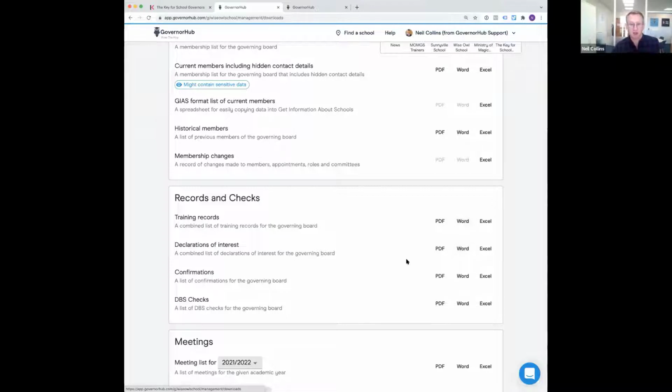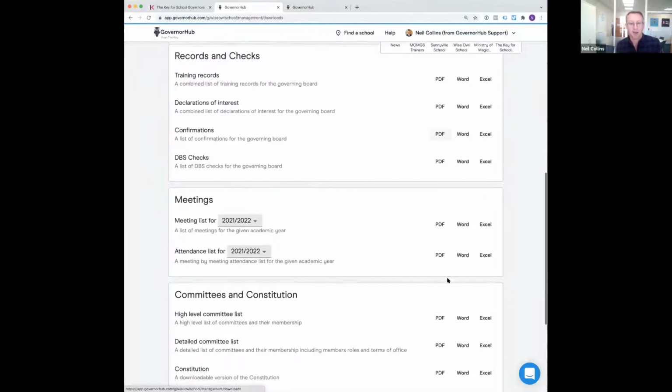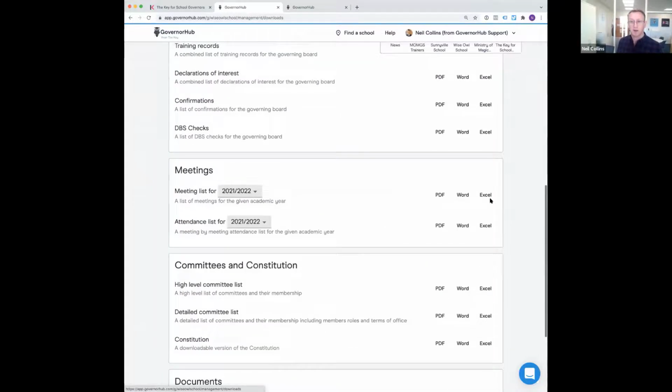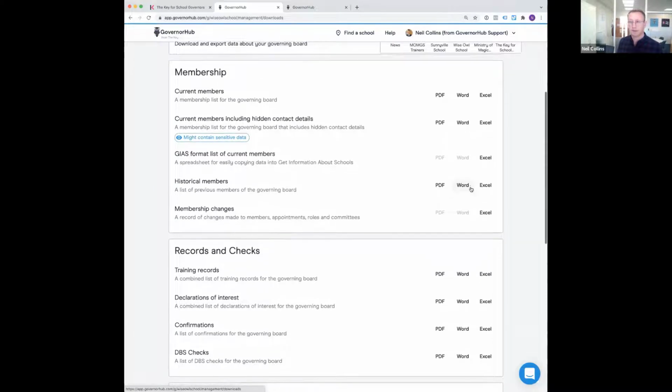Declarations of interest, that's a statutory requirement that you report that and publish it on your website. You can get that document by just downloading it from here. There's a list of all the documents that have been signed on GovernHub. I'll show you how that works. You can also, if you want to, download all of your documents and all of your membership.